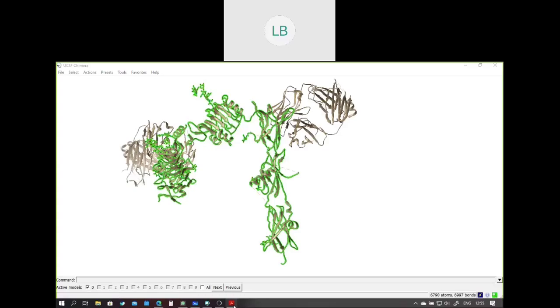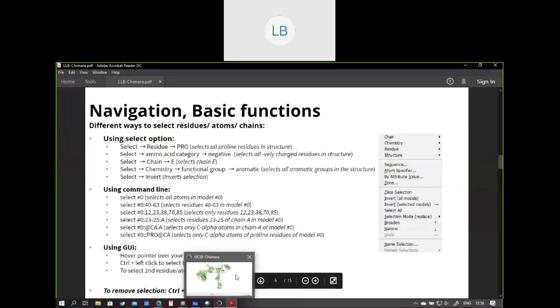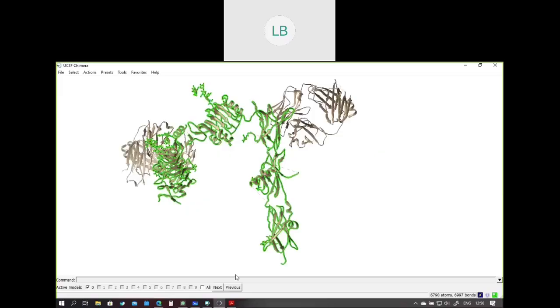And similarly, you can also go to select chemistry, the chemistry of the residues. Let's say I go to select chemistry functional group. Now you can see that there are groups. Let's say I select methyl. Now I'm selecting only the atoms that have a methyl group.